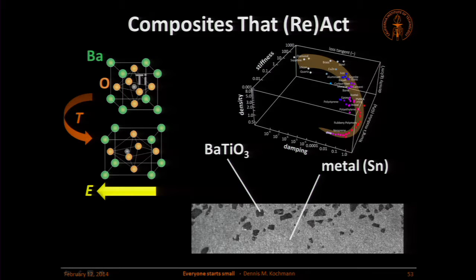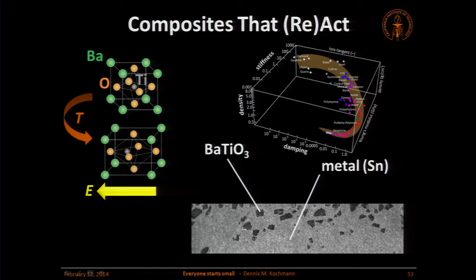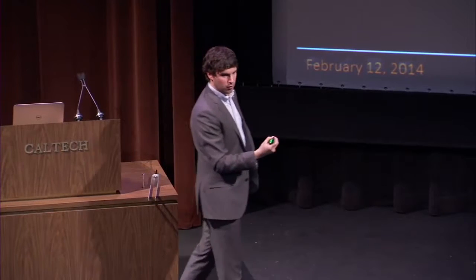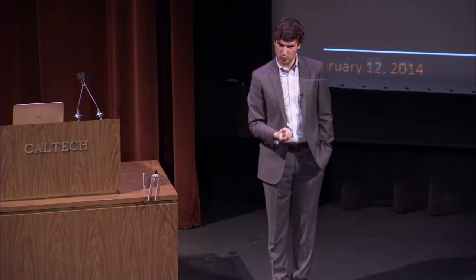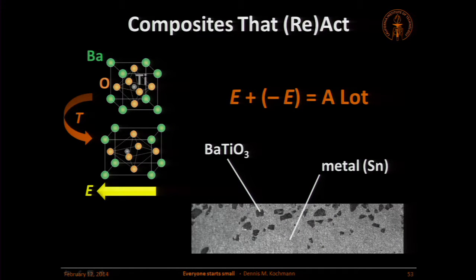going there. We now have a composite where we have metal, but in here we don't really have our barium titanate anymore. We have some kind of weird barium titanate that is in a forbidden state that you normally don't see. And what happens is when you use these unstable states, the general principles don't hold anymore. You draw a line, you combine them, and you have to stay close to that line. What happens is the following. When barium titanate becomes unstable, it develops what we call a negative stiffness, meaning you would in principle have a negative stiffness number. And so what we have here is a material with a high stiffness and a material with a negative stiffness. Normally, when you add a positive and a negative number, you get something close to 0 if they're similar. In this case, that's not true. Positive plus negative actually equals a lot.